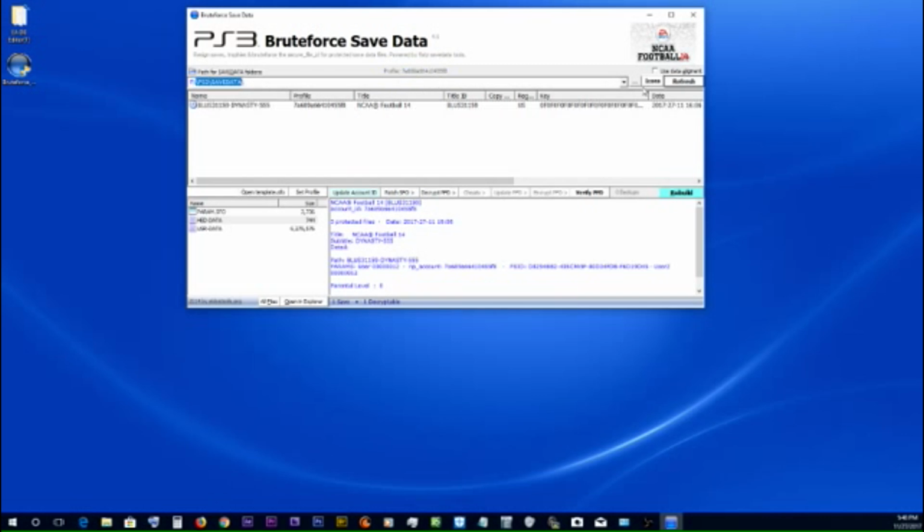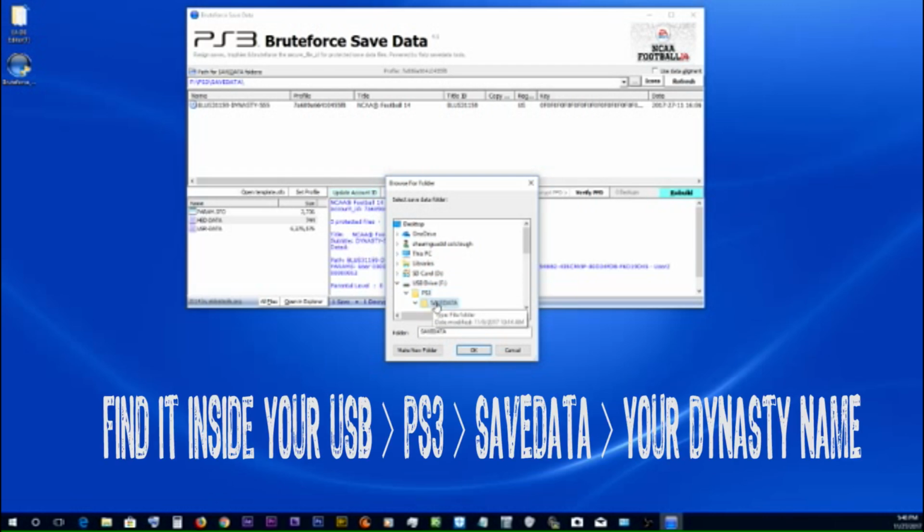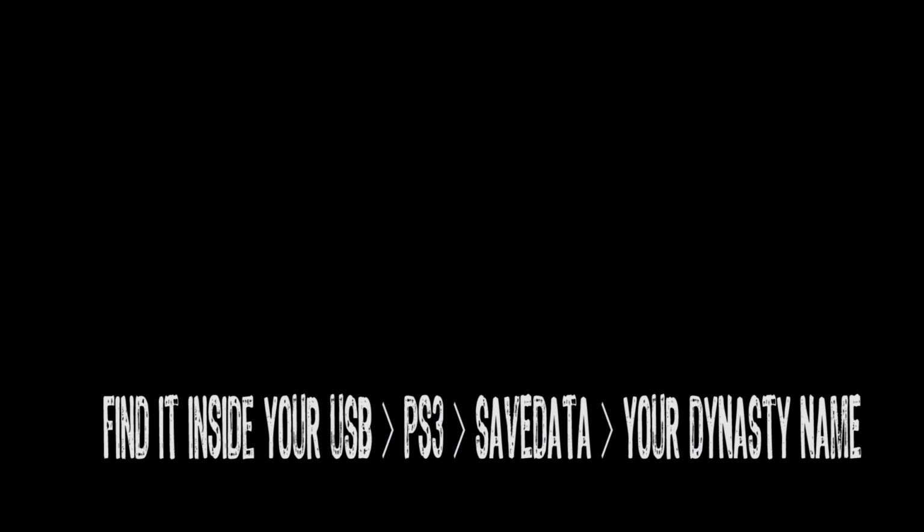It's right here in the corner. You're going to hit that, and you're going to find your USB. So it should be in NCAA 14. Boom, boom, boom. Everything's Gucci. Now, next step to do from here